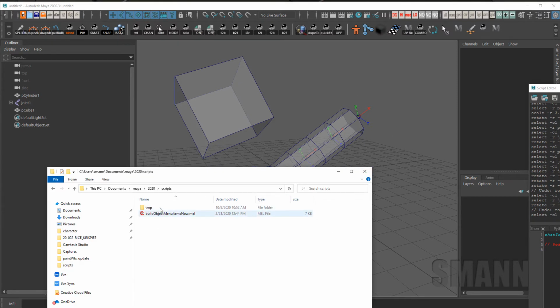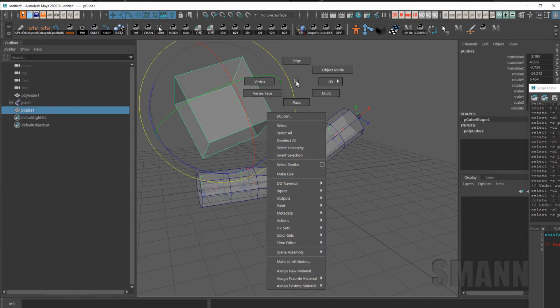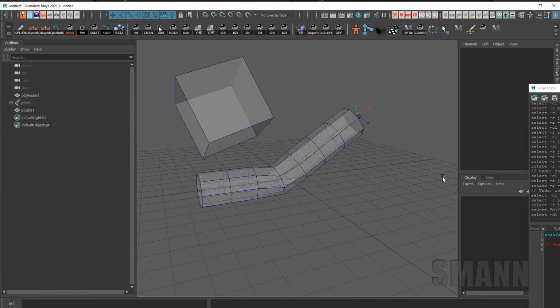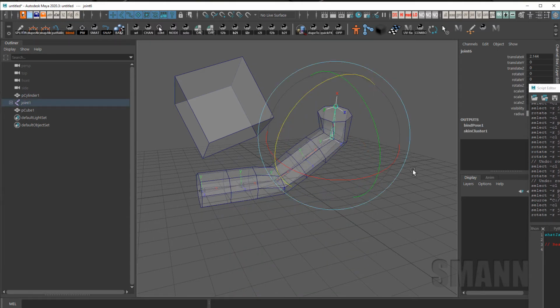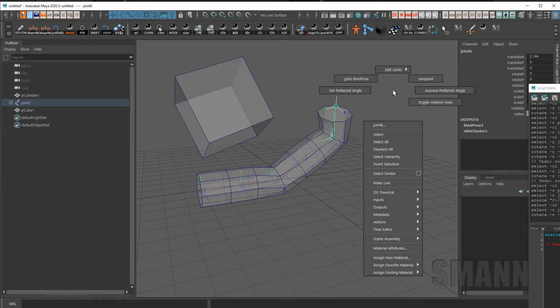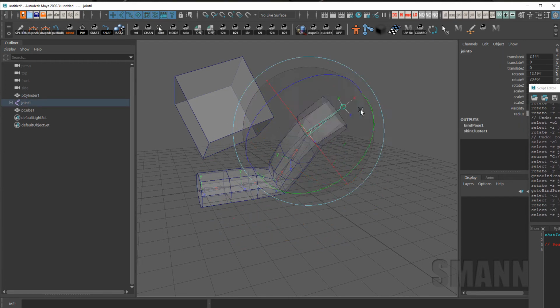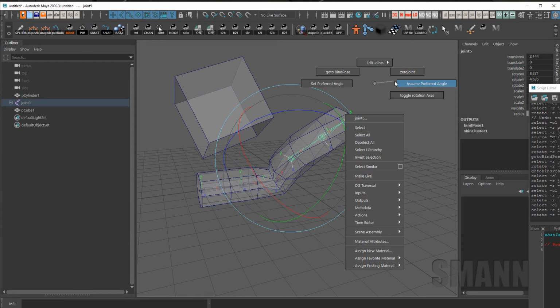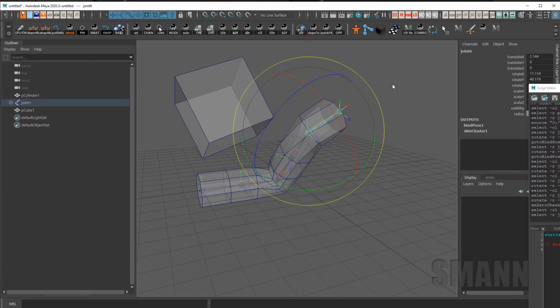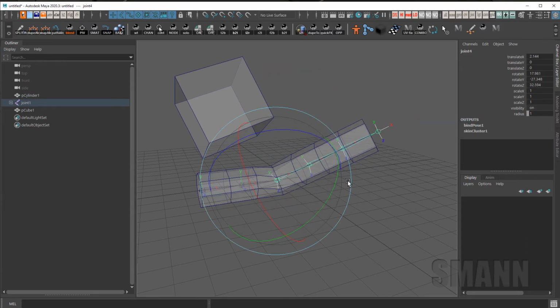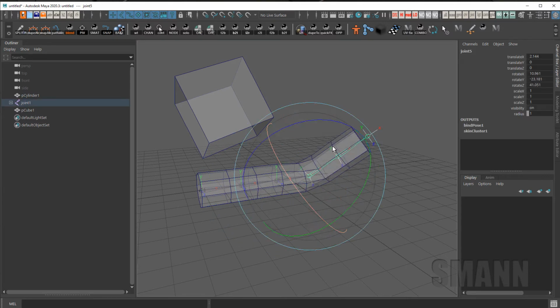So there's another script out there, and this one is the dagMenuProc, and this is the one that tells it like if you're over a mesh, show this. If you're over a joint, show this. So I'm just going to drop that in there real quick and show some of the updates I did. So if I go and bend my joint, I didn't have to bend the joint, but anyway, I have go to bind pose in there, which I end up using all the time. And then I also have zero joint, and that just zeroes out the rotations, and I constantly use that. So it's really kind of handy because you'll bend it, paint, and then go back to 0 or whatever,